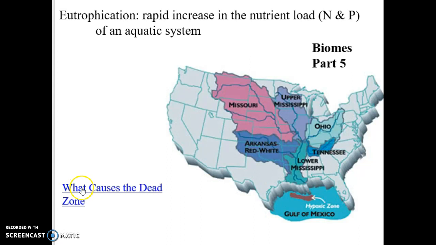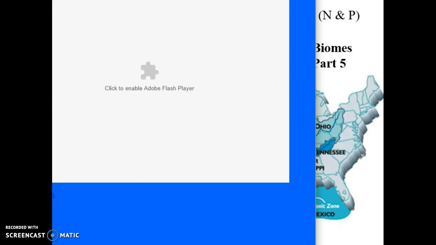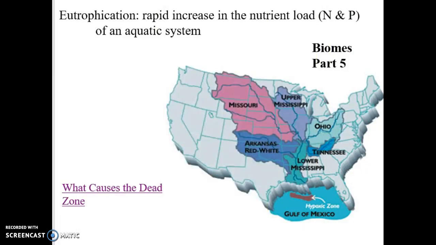All right, so let me show you these little videos. Let me get this loaded up. There is a dead zone in the Gulf of Mexico happening every single year. It's happened probably for the existence of humans, but it's getting worse and worse every year because of eutrophication. And what we're seeing is, let me go to red here,